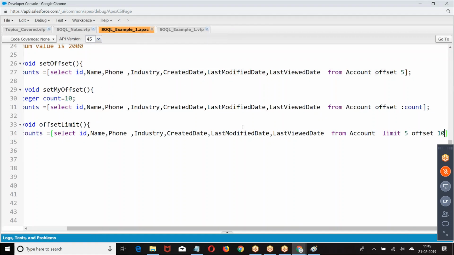Look at this. You cannot write the order in whatever way you want. It was supposed to be limit followed by offset.